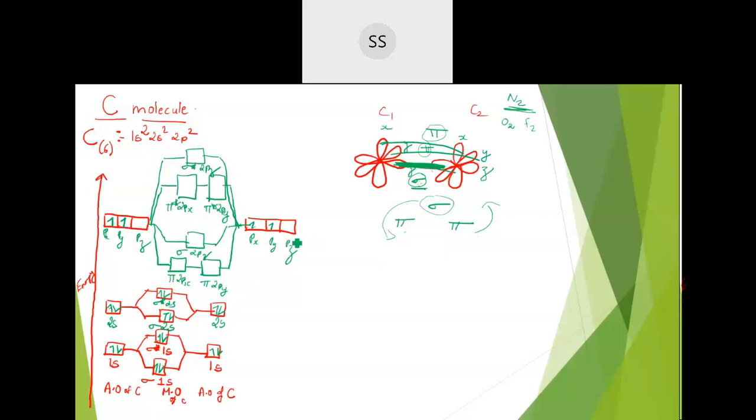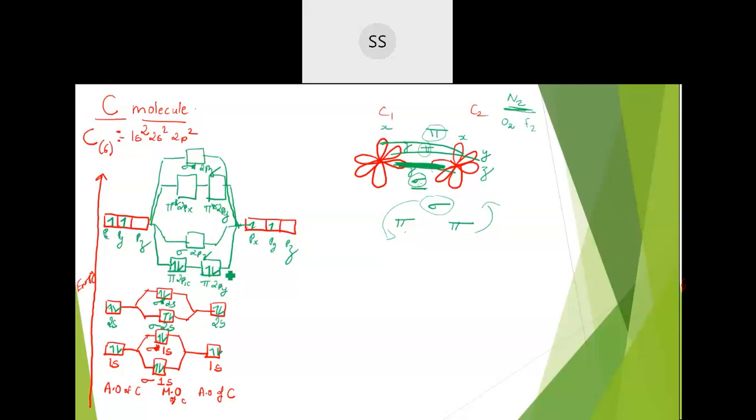Now here 4 electrons are there. That's fine. It will be easier. Imagine if it was 2 electrons, then you have to be very careful. Imagine that there was only 2 electrons. Then how will you fill that orbital? See, 1 electron you should put in the pi 2px. 1 electron you will put in pi 2py. Okay. Then now here 4 are there. So one more electron will come here, one more electron will come this side.